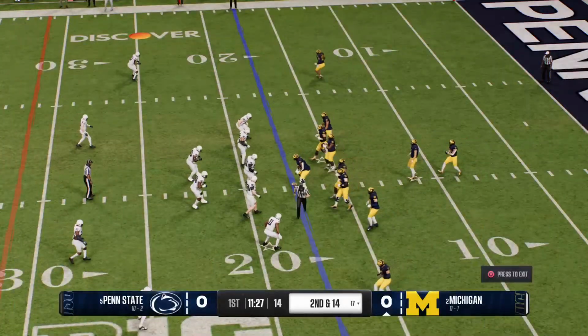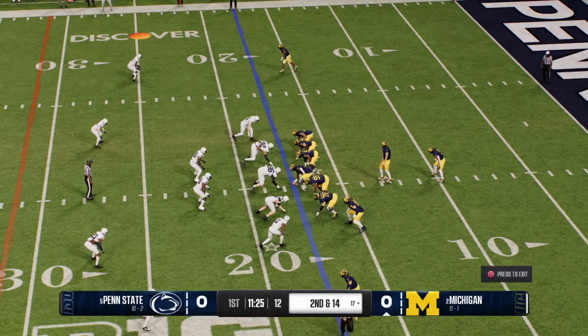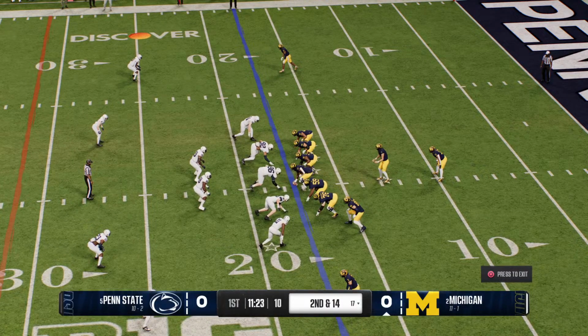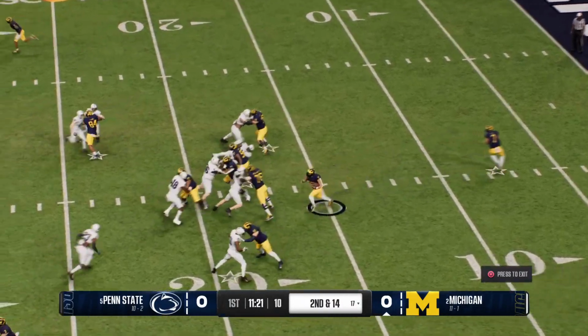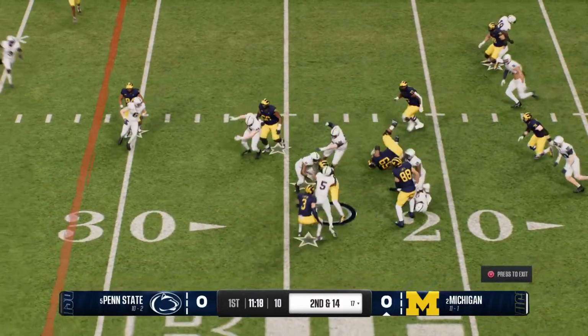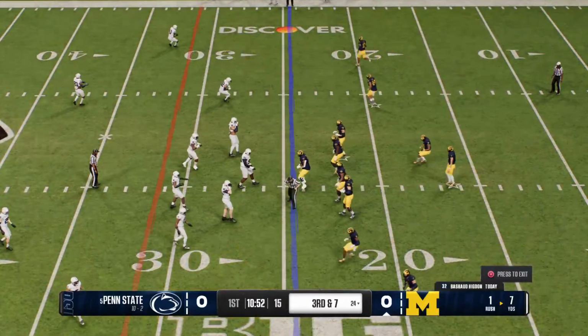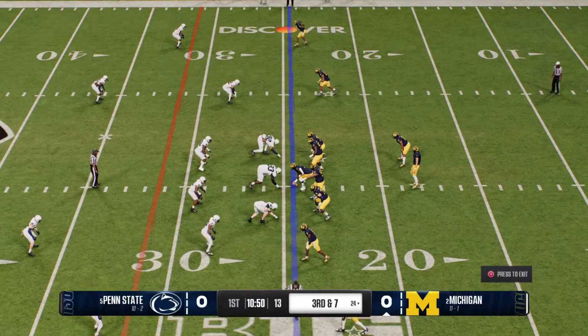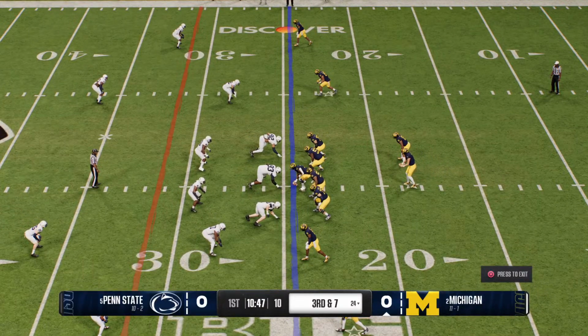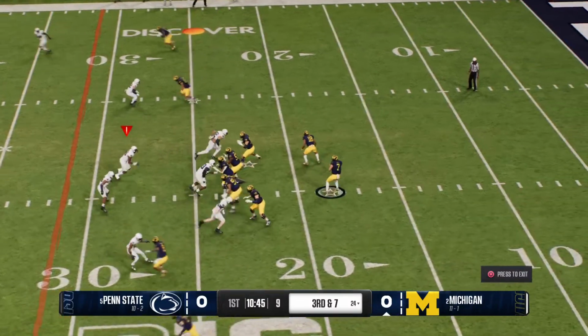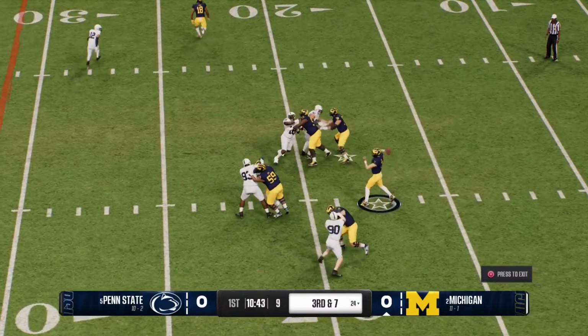Those big guys up front will have to regroup now. It's 2nd and 14. He's going to hand this off. Fights off a defender. And they bring him down. That's a very solid gain, but still well short of the marker. The opening drive, they face a tough 3rd and 7 here. Dropping back, looking to throw for the first down.